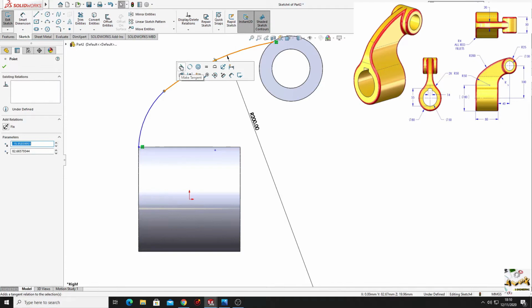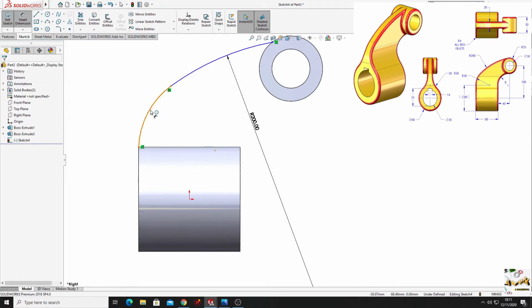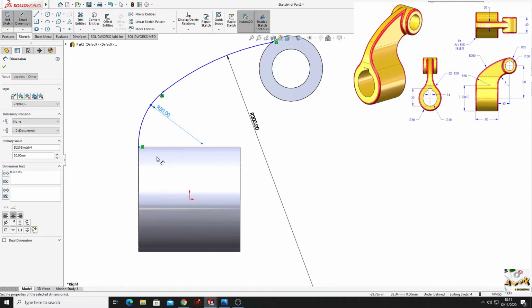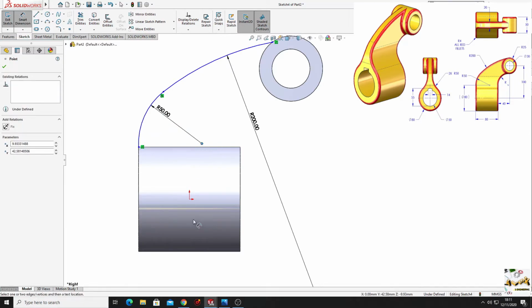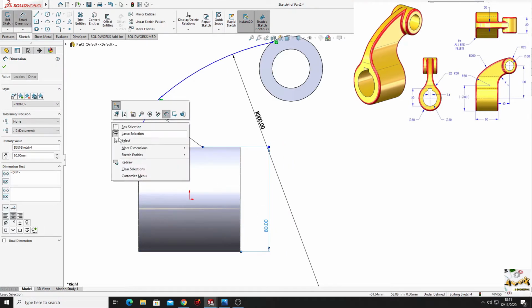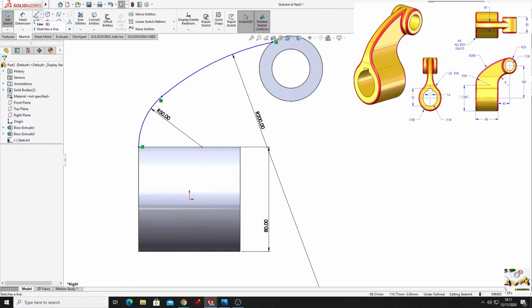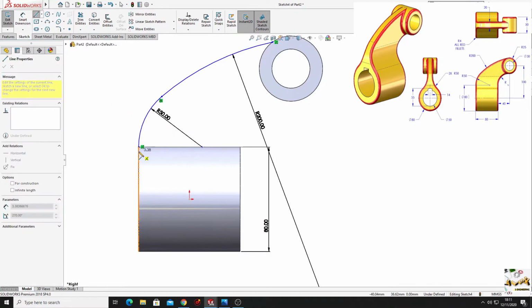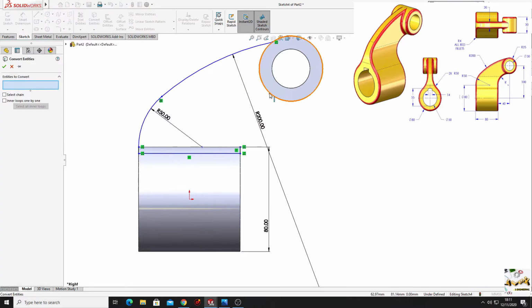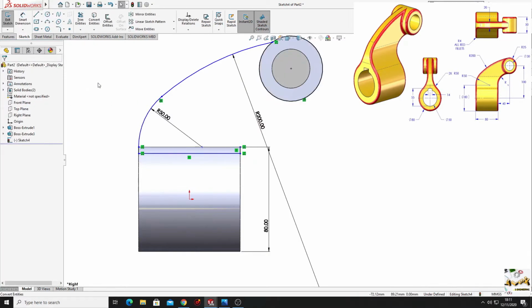Select this point and select here make tangent. This one will have the radius 50 millimeters. And from this point to this edge here will be 80 millimeters. And now we'll have to select line and to close this sketch like this, and then we'll select convert entities command, we'll convert this circle, and then